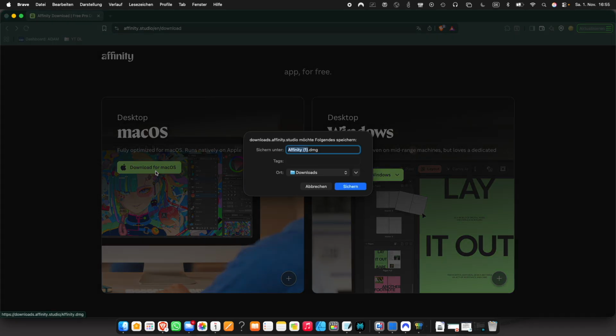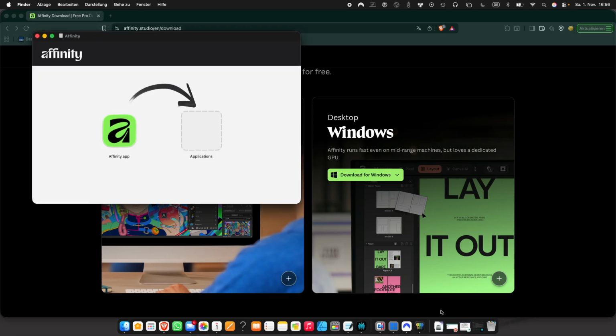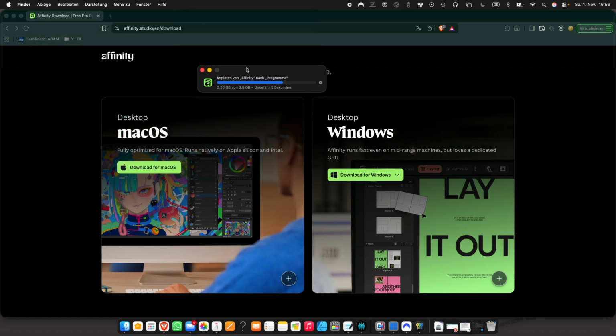Now, click this and click save. I already did this because the download is going to take a while, at least it did for me. Depends on how fast your internet is. So I'm going to click this, and what you can do is just drag this into the application folder. Now we're just going to wait for this to complete,